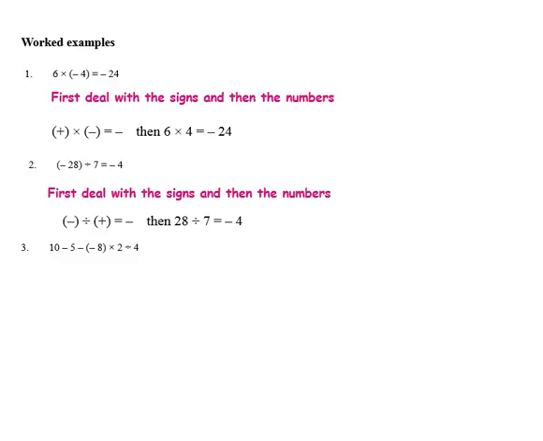Let's have a look at example number 3. Now we have many different operations, so we've got to remember BODMAS. I first have to do the brackets, but in this case the bracket is just showing us that it's a negative 8. So we've got to subtract negative 8. And remember what we said, we can't have two signs following each other. When my signs are the same, a negative multiplied by a negative is positive. So